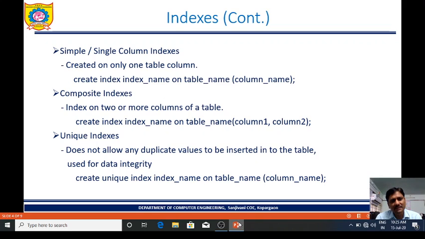The syntax: create unique index name on table name and specify column name, the same as before, only we use the keyword unique. This is unique index. To maintain data integrity, we implement it.